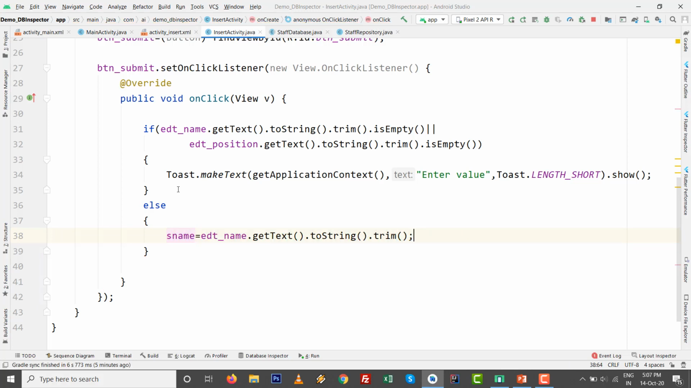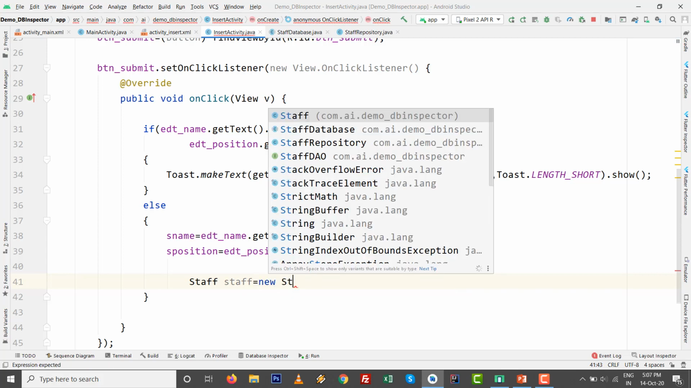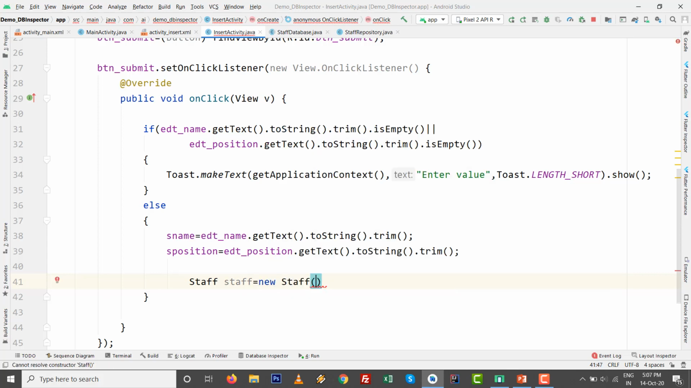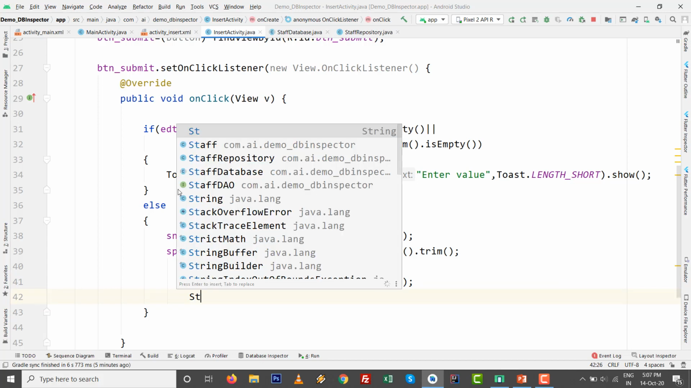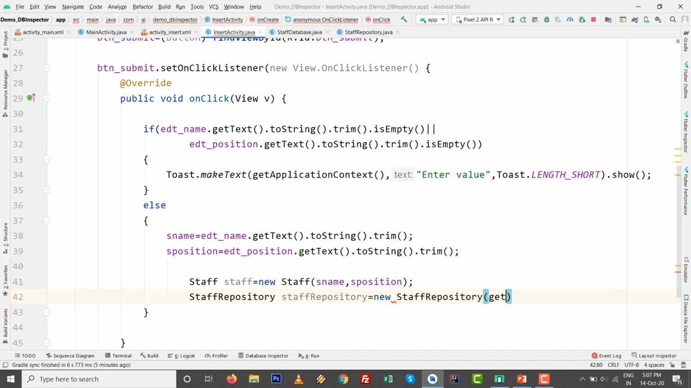toString dot trim, press semicolon, and the same for the position. So sPosition equals edt_position. After these two values we are going to use the constructor of Staff. So make the object of Staff with new Staff with sName comma sPosition. Press semicolon. After making this object of class Staff, we use the staff repository to insert the value